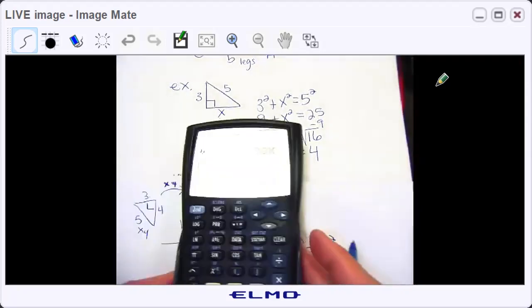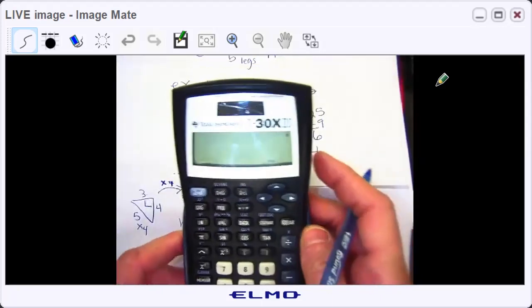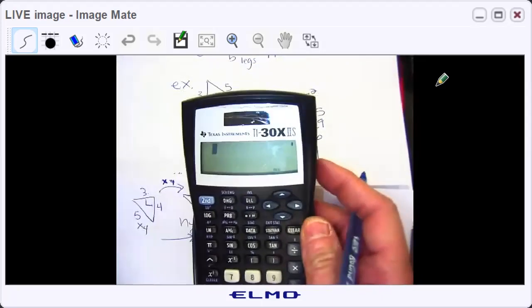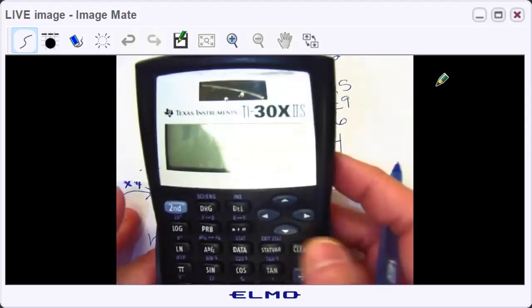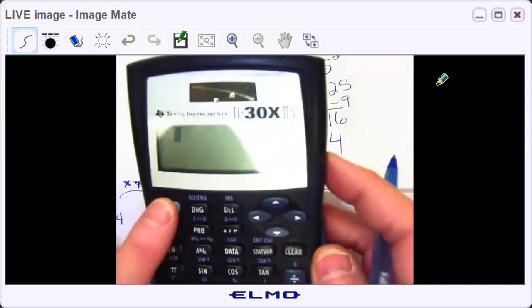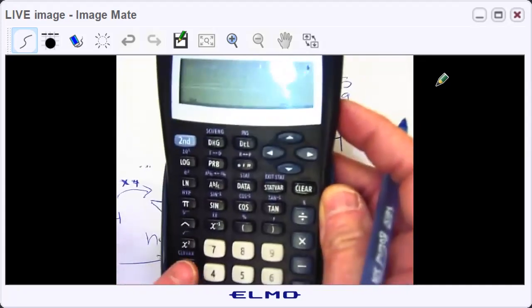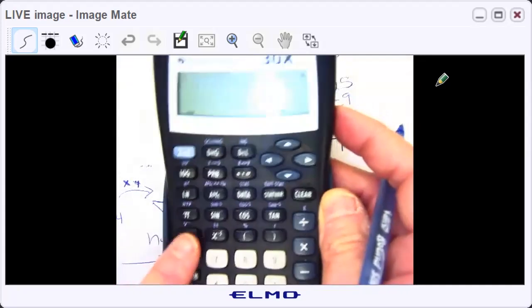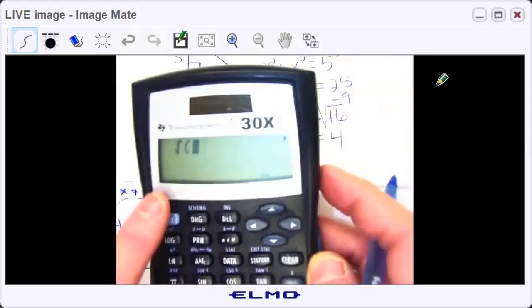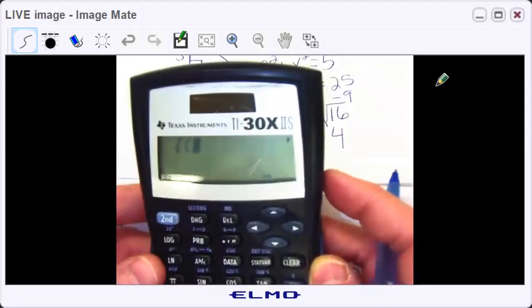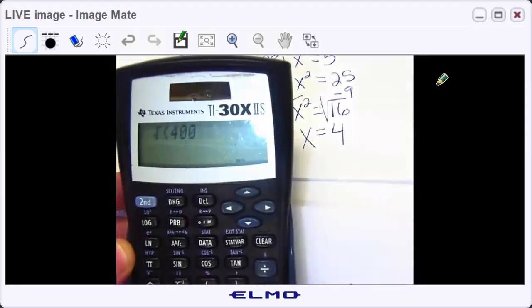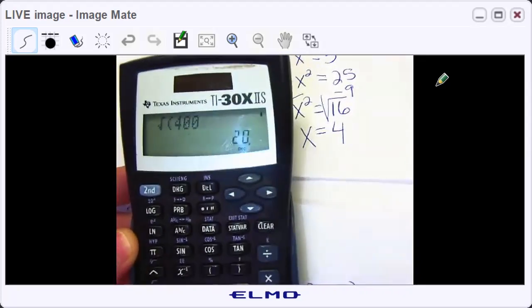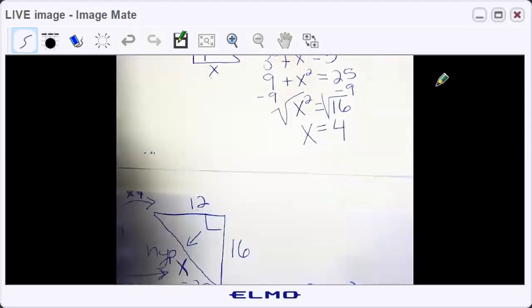And then let me just show you the square root button in case you haven't seen the square root button on this calculator. So let me zoom in so you can see this just a little bit. The square root button is right by the 7, but you have to hit the second button first. And then you come down here to this button right here, and you see what it does? It puts the square root symbol right there. And then we can hit in the 400. And there's my answer of 20. And we already knew that from the